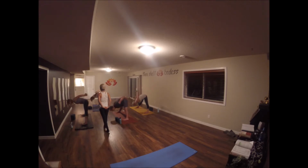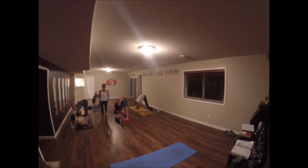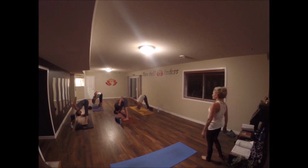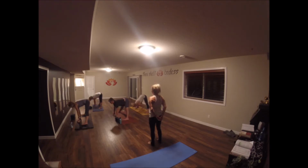Engage your core. Lift your hands. Open your chest. Both hands to your mat, halfway lift, and with a bend to your knees,